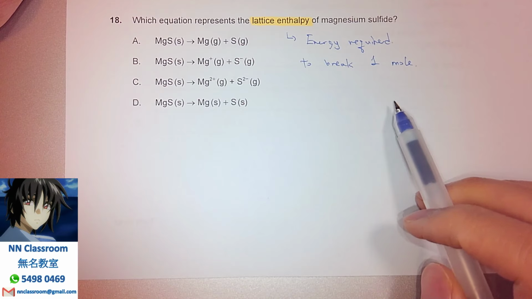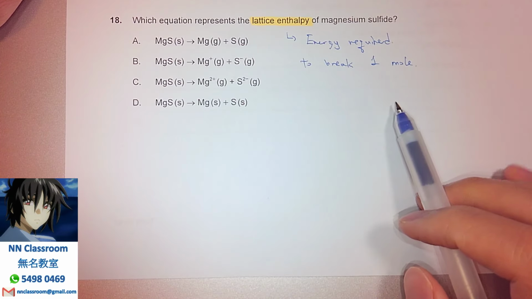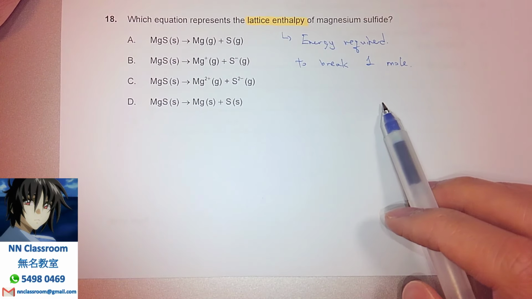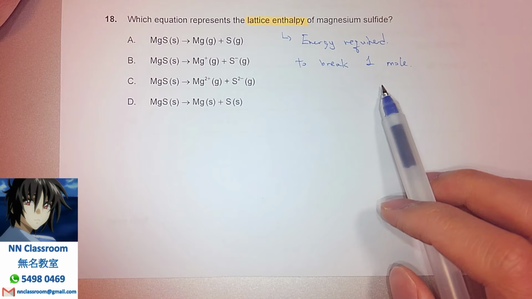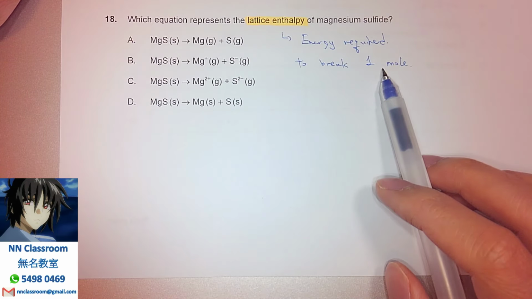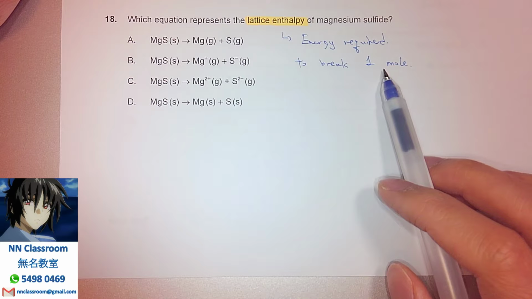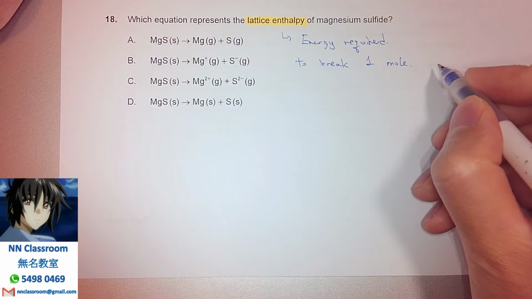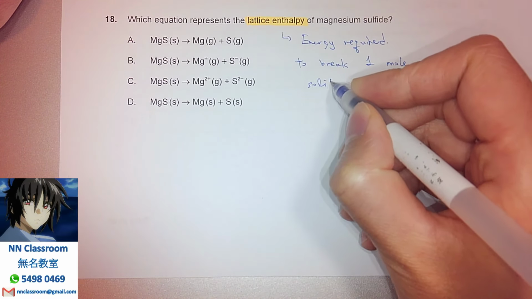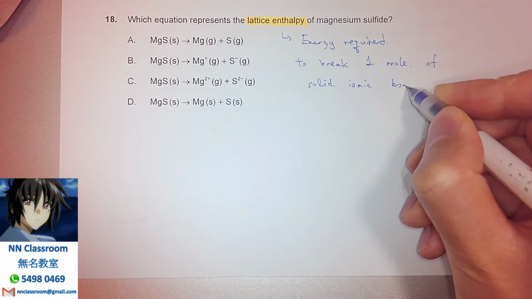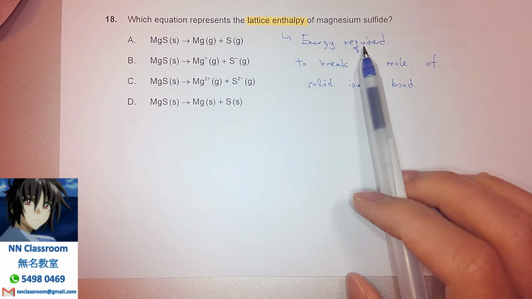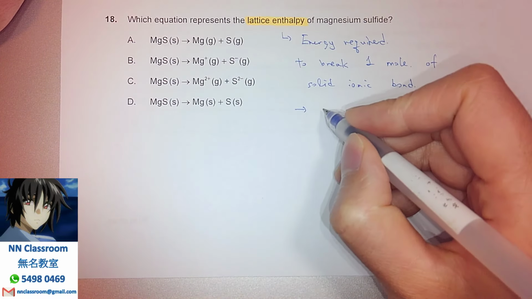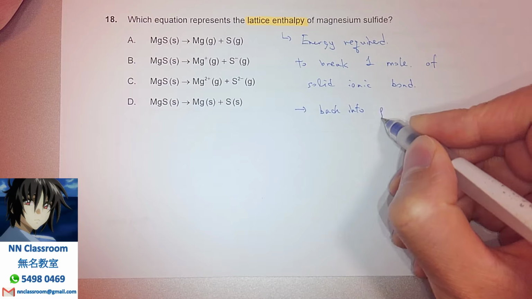This is one of the really important criteria for all definitions in terms of delta H, because for delta H the unit is going to be joules or kilojoules per mole. Per mole means something must be in 1 mole. So for all definitions, something is going to be 1 mole and you must point this out. In the case of lattice enthalpy, the 1 mole is 1 mole of solid ionic compound. So the energy is used to break 1 mole of solid ionic bond back into gaseous state